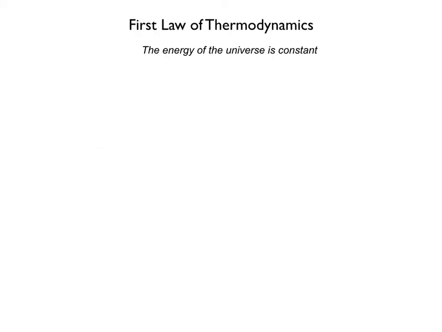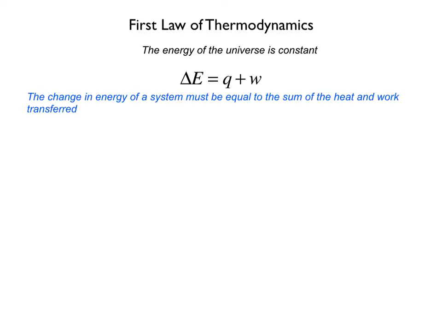So first, a little bit of background on the first law of thermodynamics. This law states that the energy of the universe is constant. We can see this written in a few different ways. One of the ways we see this is by this equation here, where delta E, the change in energy, is equal to heat Q plus work W. So the change in energy of a system is equal to the sum of all of the heat and work